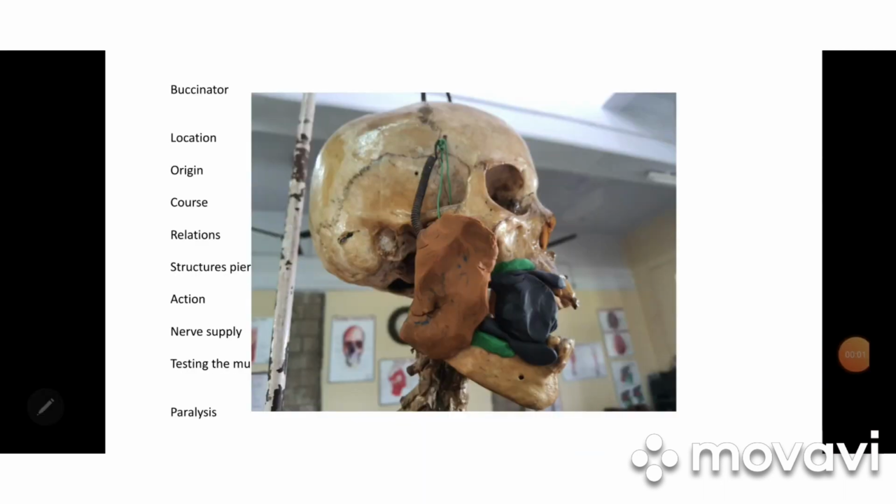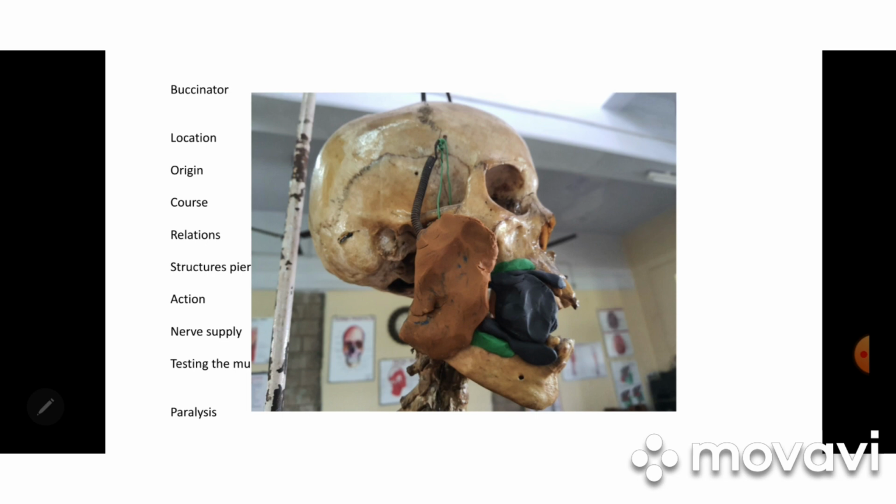This picture is to understand the relation between masseter and buccinator. Though we study buccinator under facial muscles, it is sort of deeply situated over the cheek region. The masseter is situated over the ramus of the mandible, and they are separated by the buccal pad of fat, as we have seen. Now, action of buccinator.